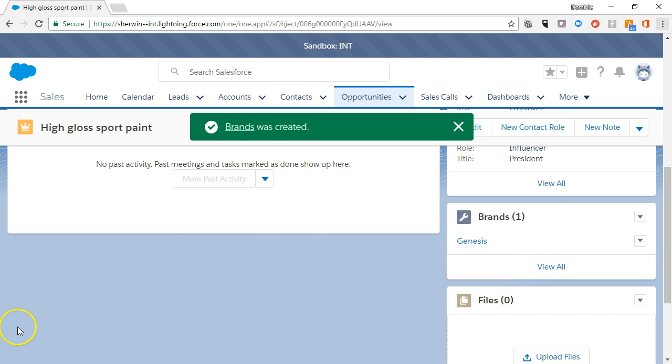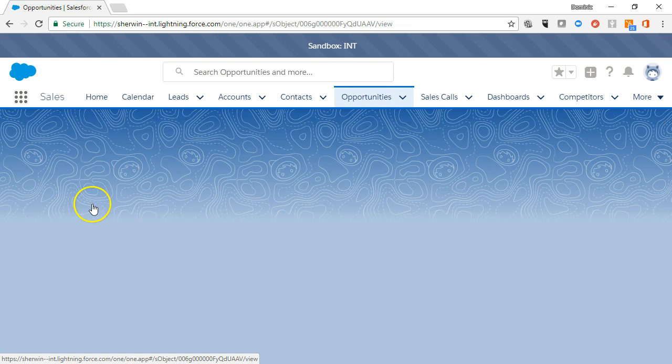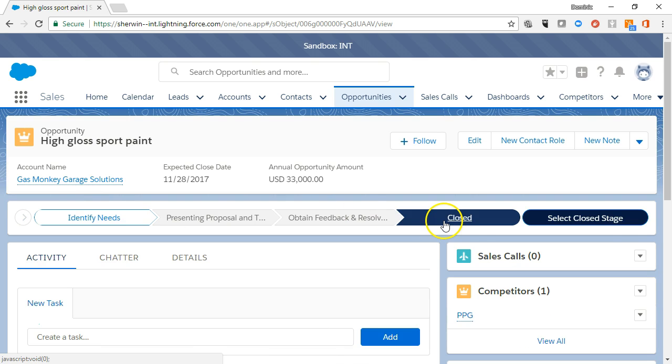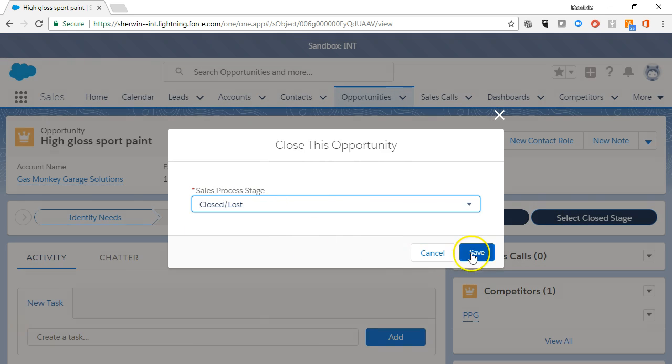Remember that opportunities are records that hold all the information as well as the people and activities involved related to winning this sale. Losing a sale also provides feedback on how you can change your approach in the future to win more